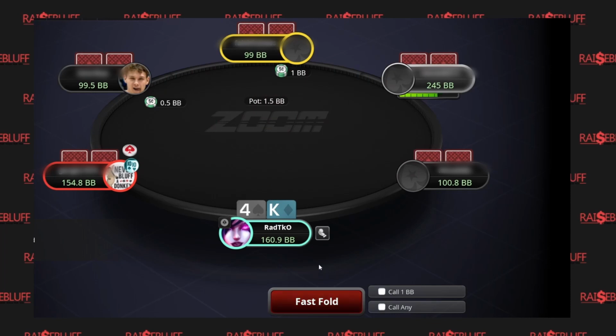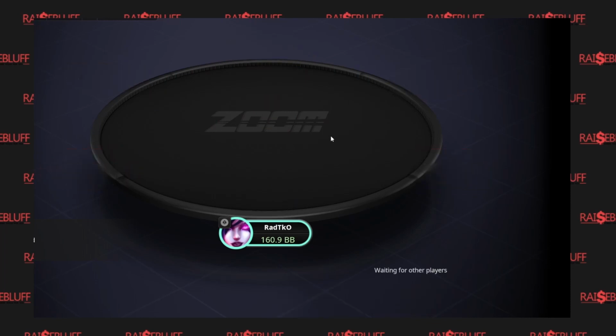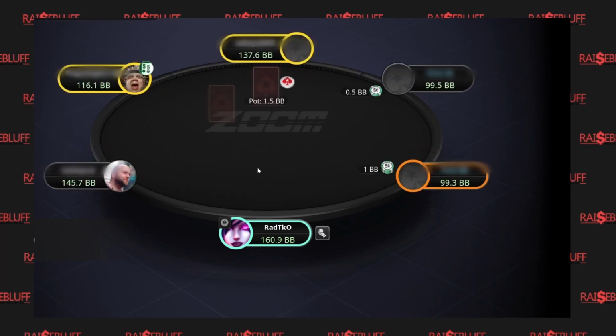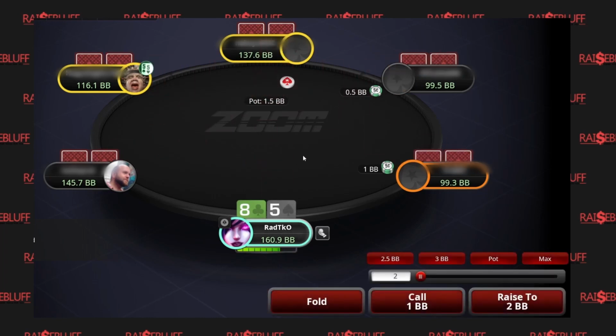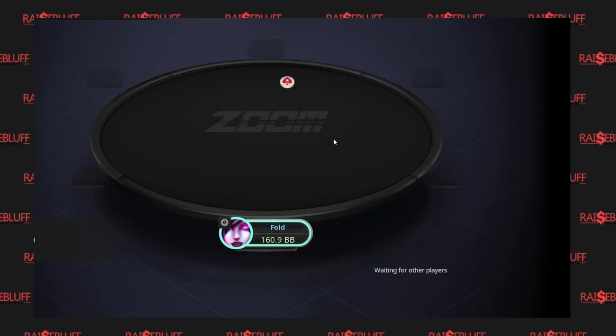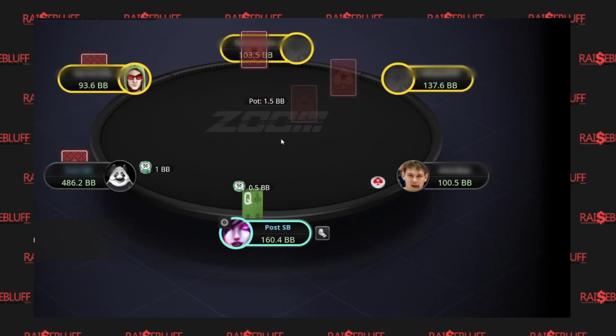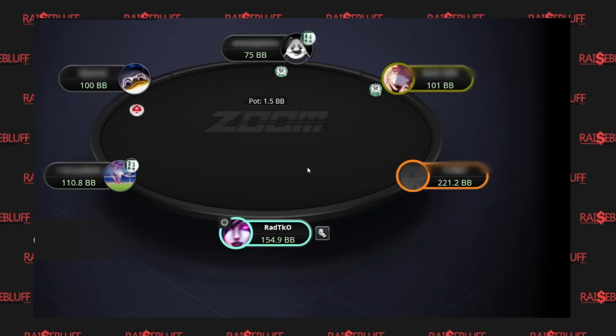So as I mentioned, don't go away from the table until you check all the players, and if you see someone under 100 big blinds, you mark him and you move to the next hand.